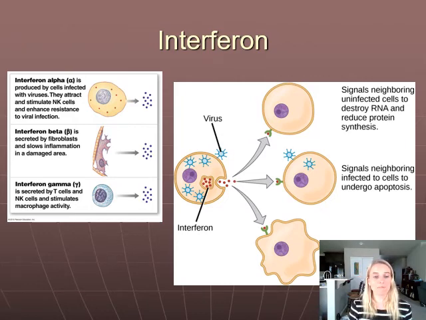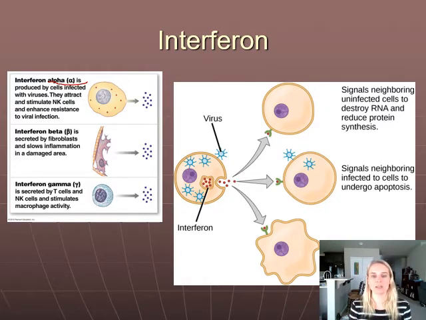So we have alpha, beta, and gamma. Here's alpha, right? Alpha interferon is the main one that I'm going to be talking about when we're talking about the role against viruses. And then we have beta interferon. Beta interferon helps to slow inflammation in damaged areas. It's secreted by fibroblasts. If you remember, those are the cells that help generate our collagen, elastic, and reticular fibers. And then we have gamma interferon, which is secreted by T cells and natural killer cells, and it helps